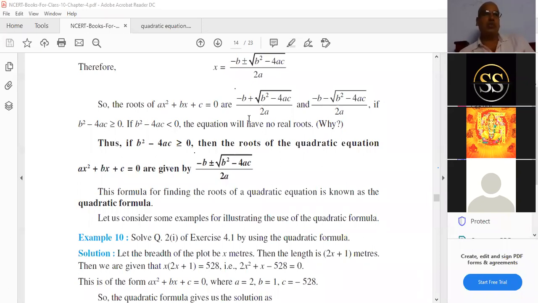Why I'm stressing these two is that you learn them in 10th class only: the completing square method and the quadratic formula. I think you understood that the derivation of the quadratic formula is most important. We have less than 1 minute left. The derivation is already in the textbook, you can see it. Otherwise, I can share the recording that I explained, and you can watch it.